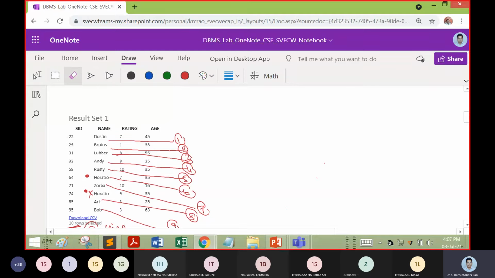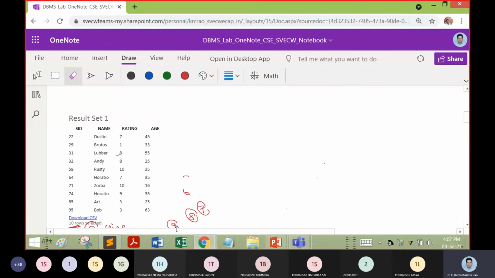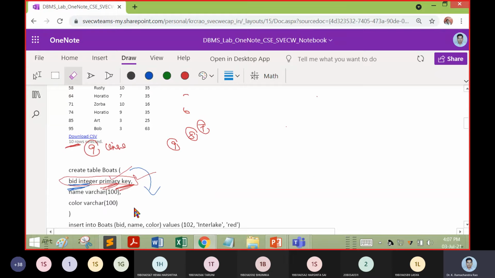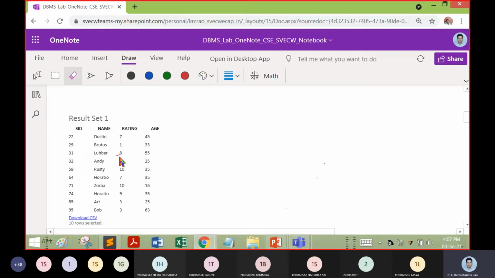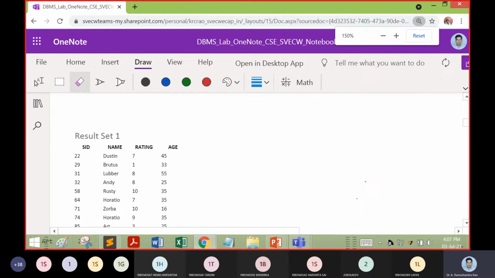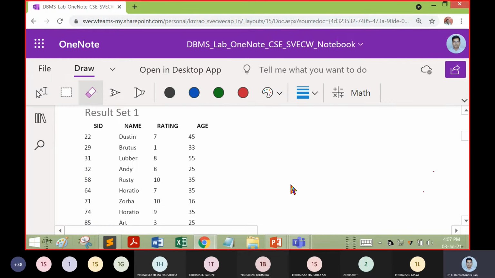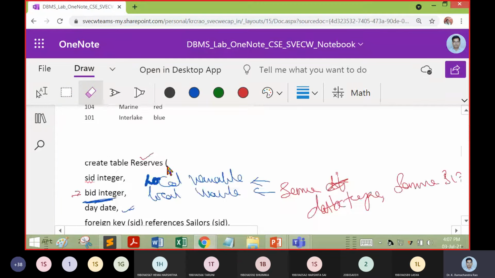So in this sailor table, now we have the sailor instances. In the sailor instances, you can see there are the values whose rating was greater than 7.